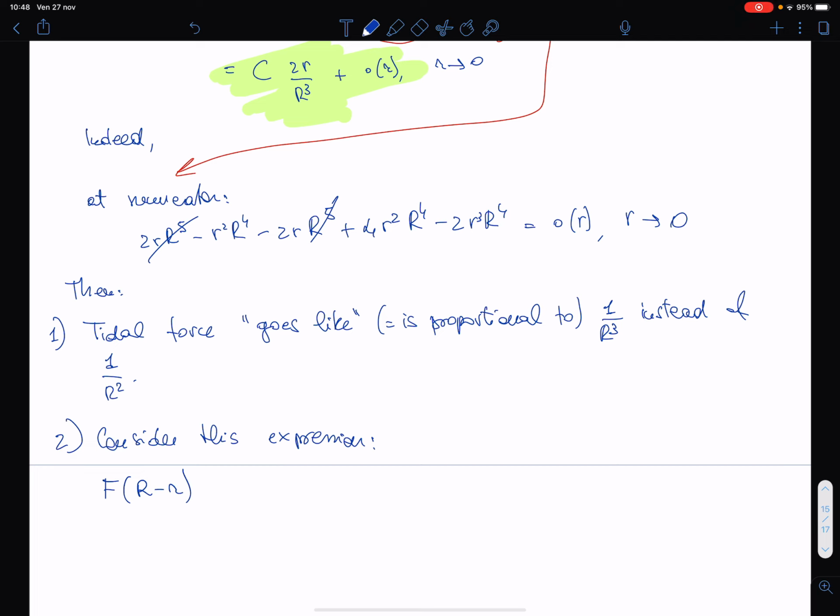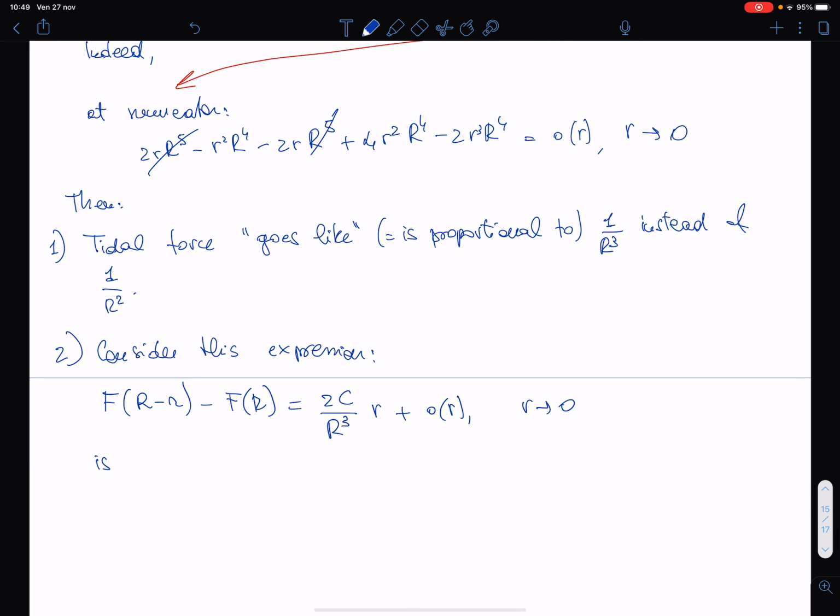F of capital R minus r minus F of capital R, so the difference between the forces, is equal to some C, which here plays no role, over capital R to the cube times r plus little-o of r as r goes to 0, is very similar to